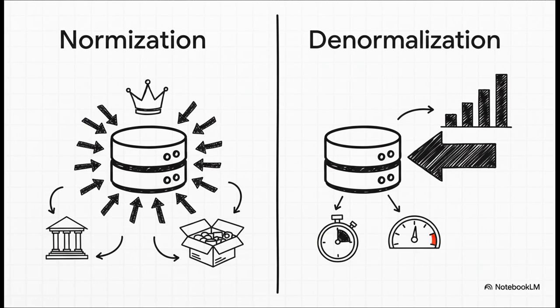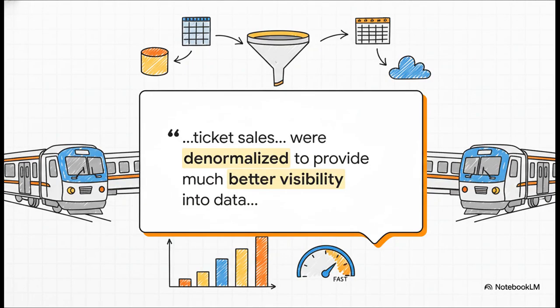Okay, here's the bottom line. You're going to use normalization for systems where you're constantly writing and updating data, like a supermarket's inventory system or a banking app. Accuracy is absolutely king in those situations. And you're going to use denormalization for systems where you're mostly just reading data, like for business analytics or data warehouses. There, speed is the name of the game, because you need to generate those reports and insights as fast as possible. And this isn't just theory.